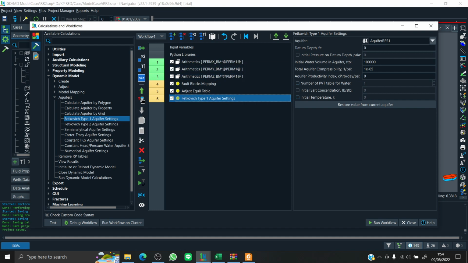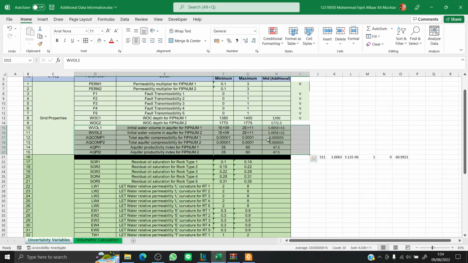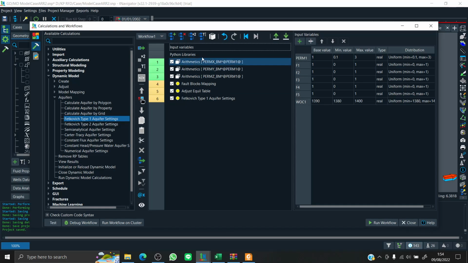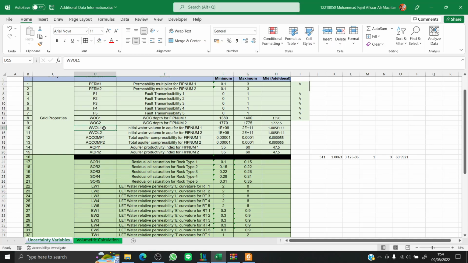Okay, so this is for the aquifer in Vipnum 1. I name it aquifer res1. I'm just gonna restore the value first, and then the uncertain variables are the initial water volume, total aquifer compressibility, and aquifer productivity index. So we're just gonna add those three variables into our input variables. The first one is WVOL1.